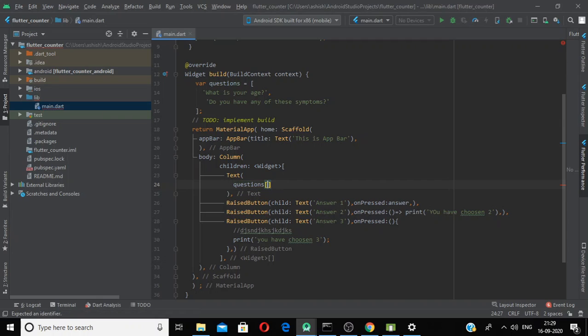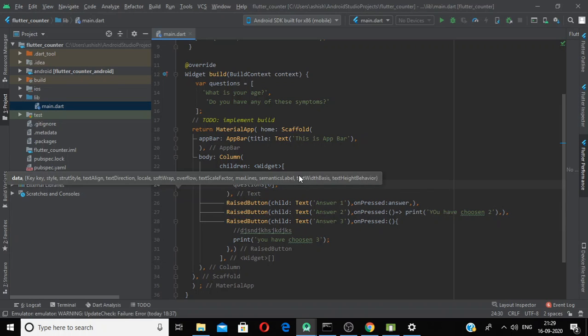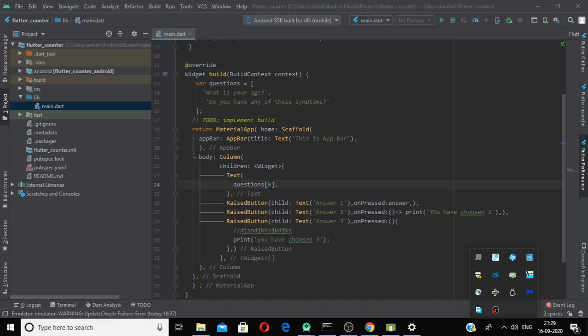using this kind of thing. What we have done here: this is the index of this list.